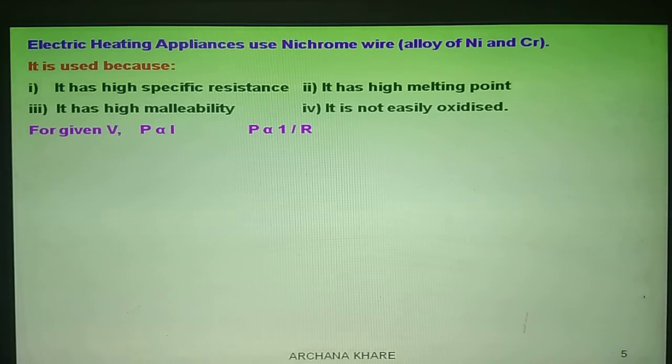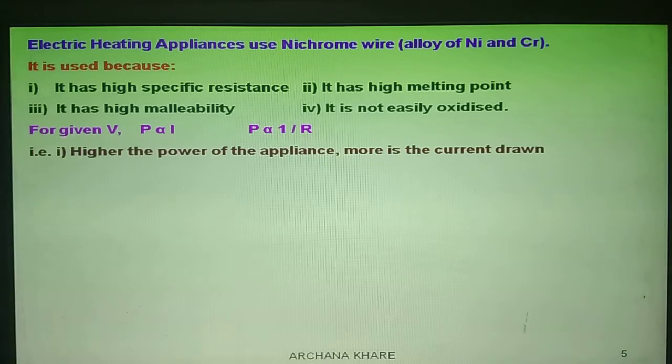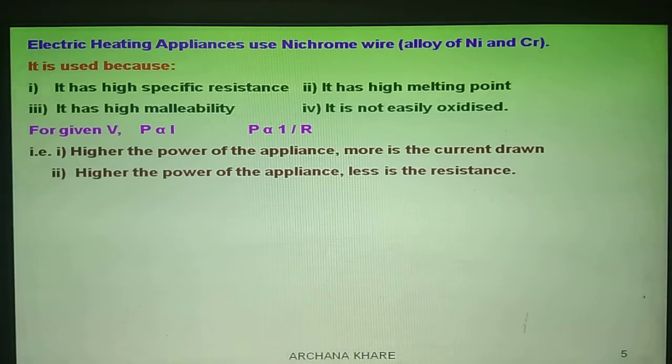For a given potential difference V, power is directly proportional to I from the formula P equal to VI. V is constant, so P is proportional to I. Similarly, P is also proportional to 1 upon R by the formula V square by R. If V is constant, then P is inversely proportional to R. From these two relations, we conclude that higher the power of an appliance,